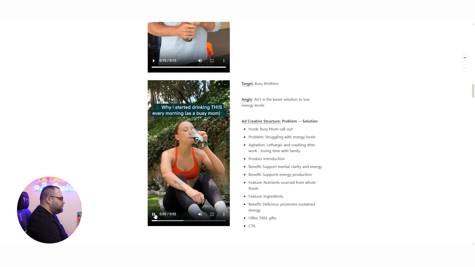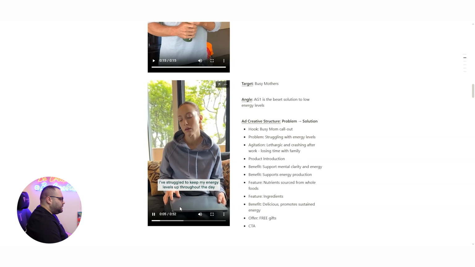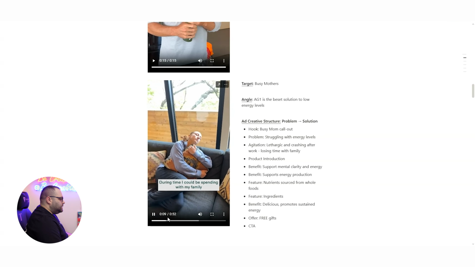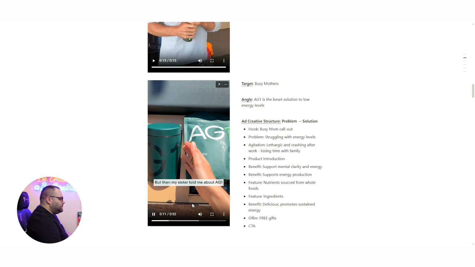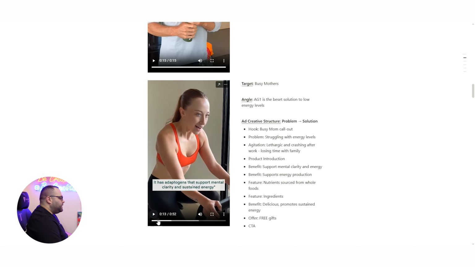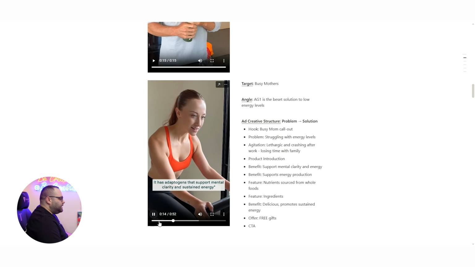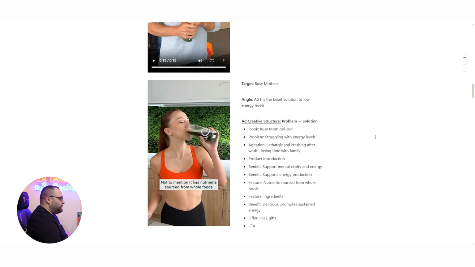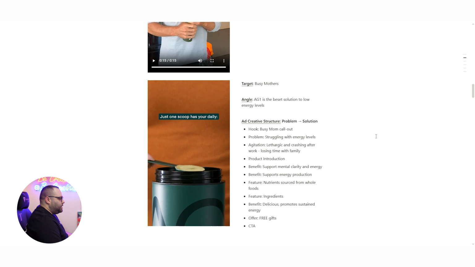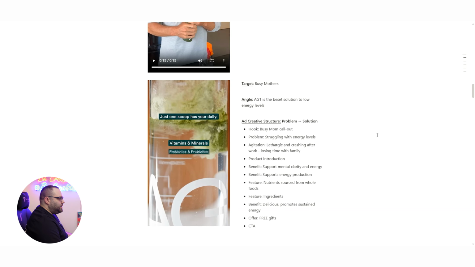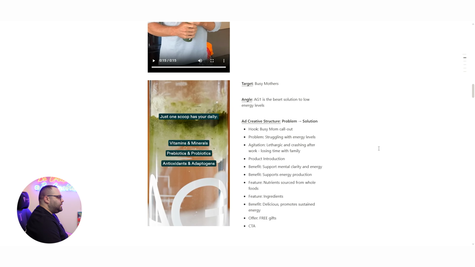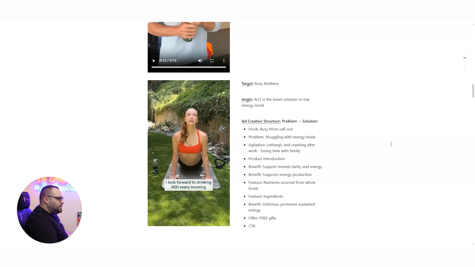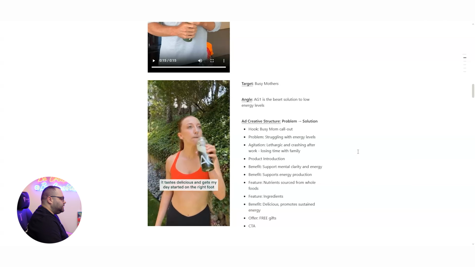I doubt she's a mom. From the way that she's folding these clothes, I can understand that she's not a mom. But anyway. Okay, so in this one, they're trying to convince somebody that it has a problem. So if you're a mom and you're busy, you're not taking your nutrients, okay? This is the message that you need to keep over here.